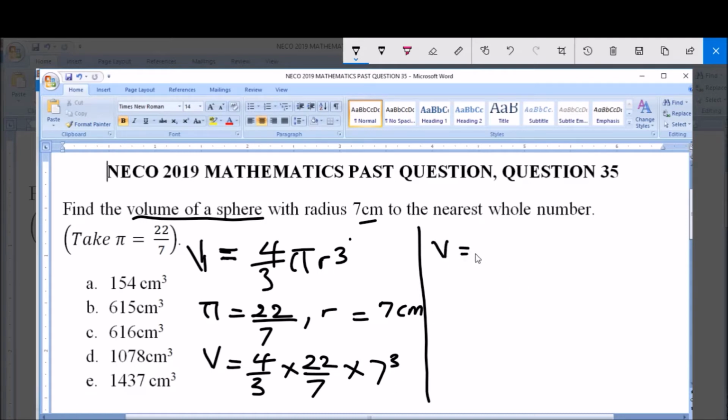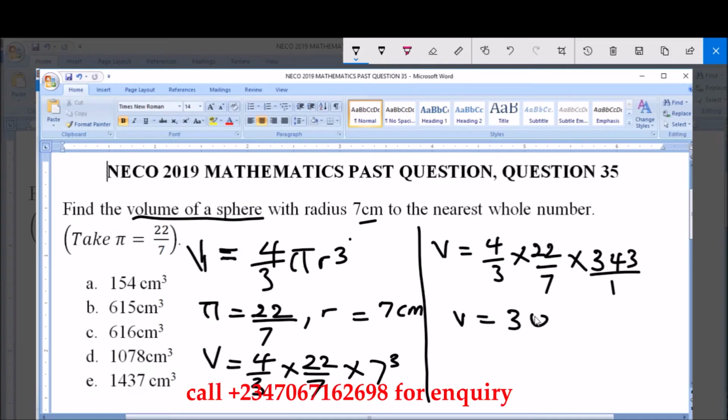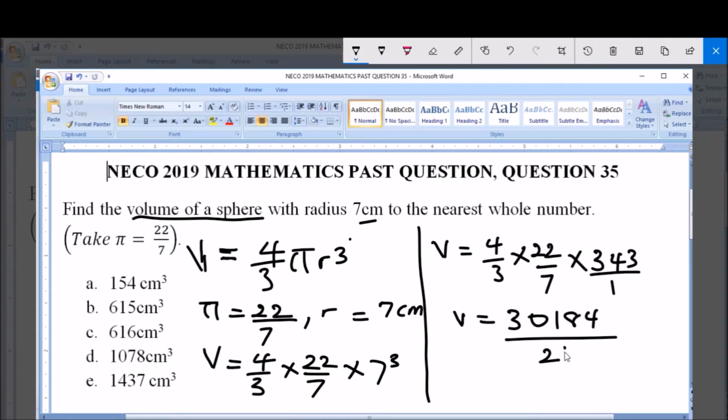And so V is equal to 4 over 3 multiplied by 22 over 7 times, now 7 cubed will give us what? 343. Now V is equal to, let's multiply all the numerators. Here 343 is the same thing as 343 over 1, and multiplying all the numerators will give us 30184 over, now the denominator will be 3 times 7 times 1, which is 21. And so V will be equal to